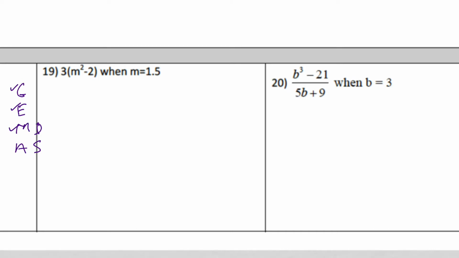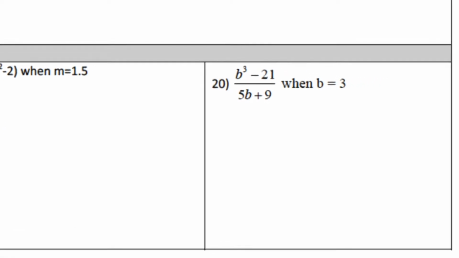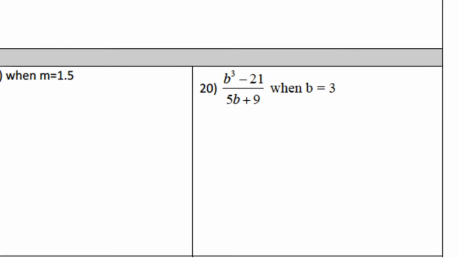Okay, I'm going to let you try 19. So I'm going to set up 20, but I'm not going to solve it for you. Okay, I'm going to let you guys try solving it. Okay, I got b equals 3, so you notice I got a b on top of the fraction, b on the bottom. So again, I'm going to write my